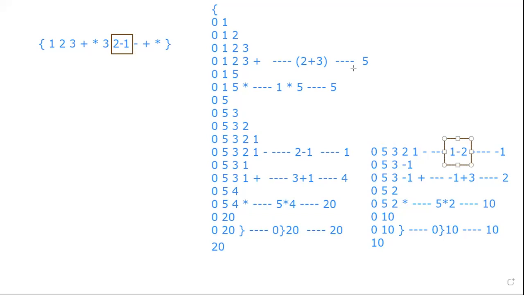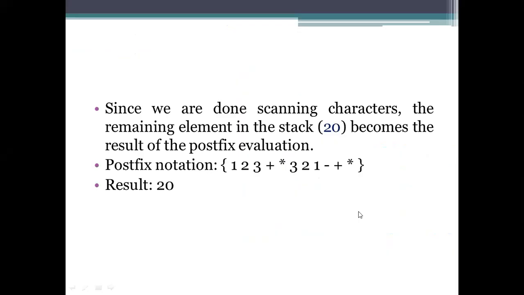Okay. That is one example for this postfix representation. So lastly, the answer we got is 20. Whatever problem you are getting, the main step here is to insert all the characters which are operands into the stack.